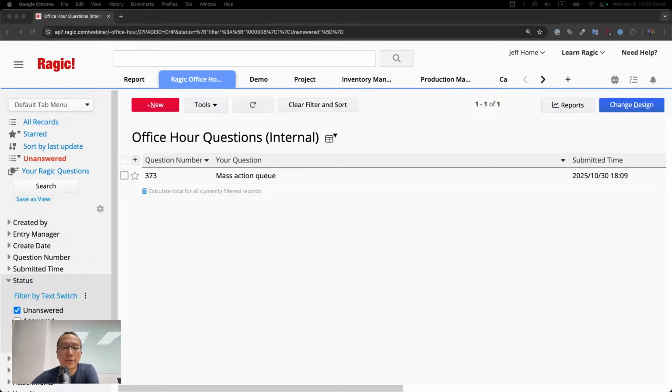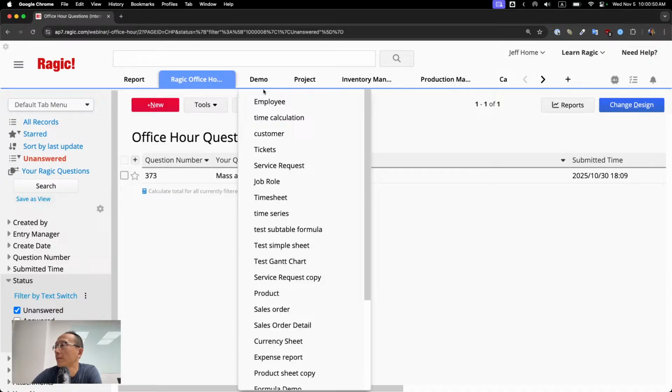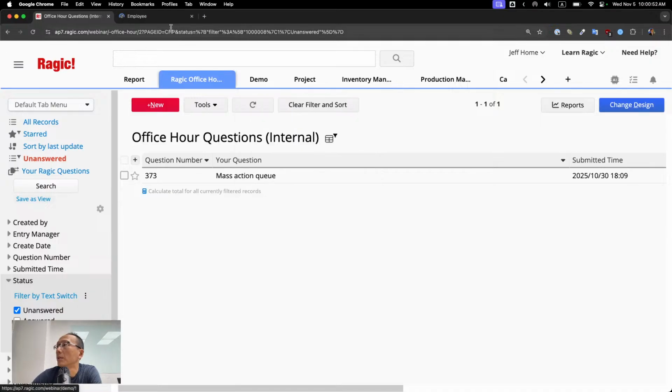Okay, today's function is quite simple but quite important, has been asked by a lot of our users, and it's the send custom text message function. So if you go to the design mode of a sheet, let's say we go to a demo sheet, employee sheet,